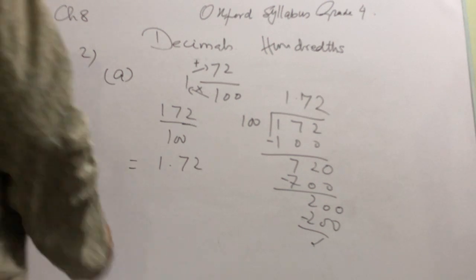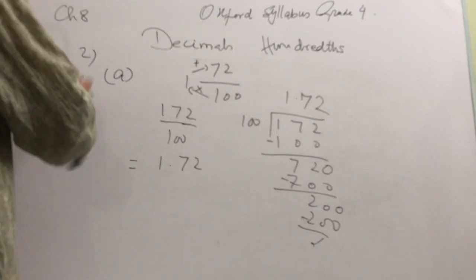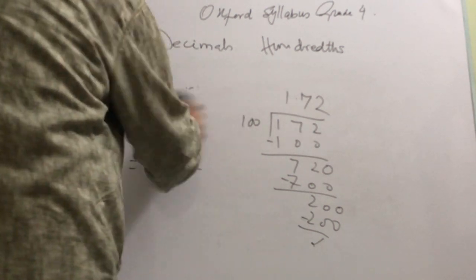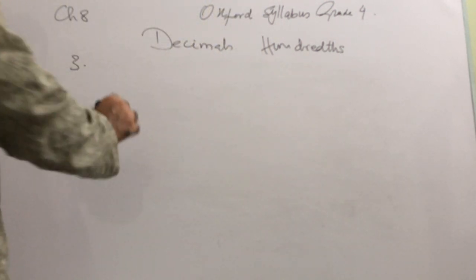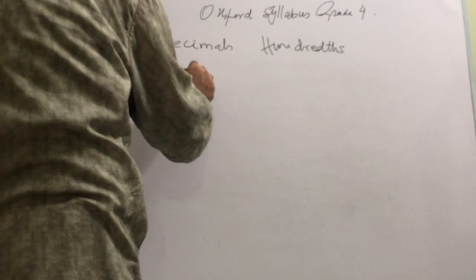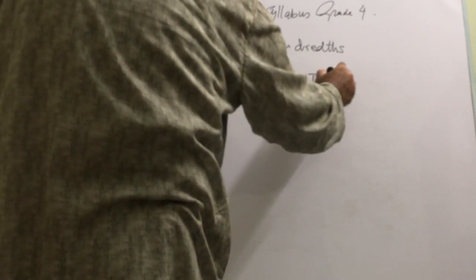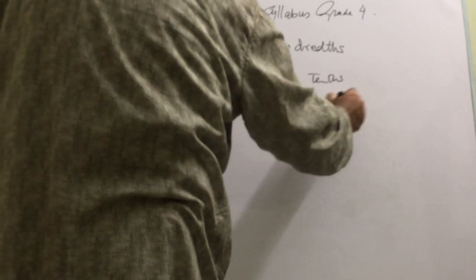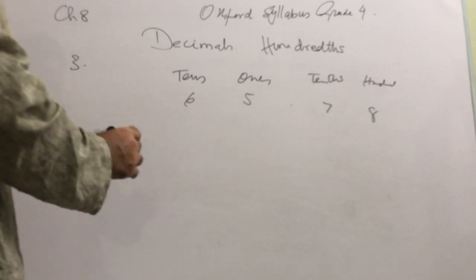Then we go for question number 3. We'll see what's there in question number 3. It says, what are the missing numbers. It is given like this: tens, ones, 6, 5, then point, tenths, here it is 7, then hundredths, it is 8. They are saying